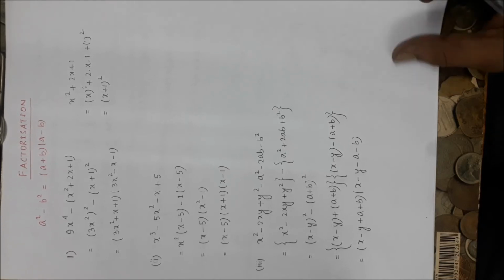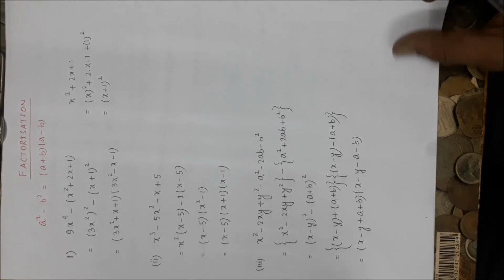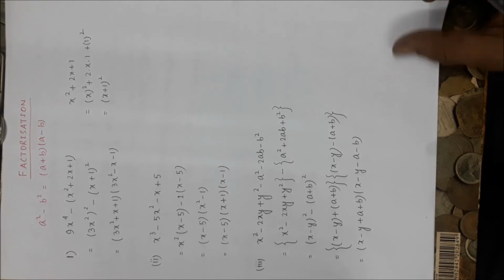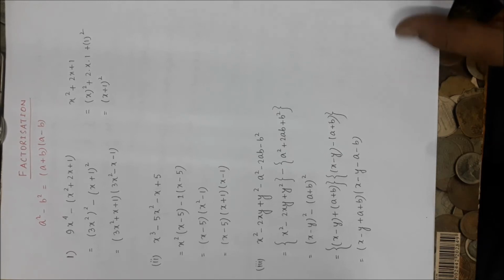Next is a square plus b square minus 7a square b square. As we did in the last sum, this time we are writing this minus 7a square b square as plus 2a square b square minus 9a square b square, so that we can express it as a difference of two squares. So 9a square b square can be written as square of 3ab, and this term, a to the power 4 plus b to the power 4 plus 2a square b square, we are arranging and writing as square of a square plus b square.